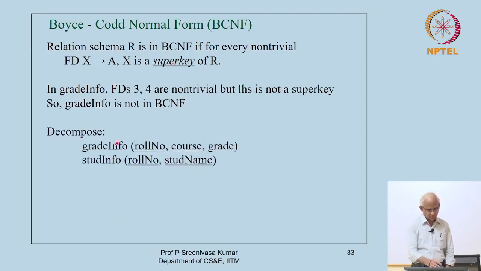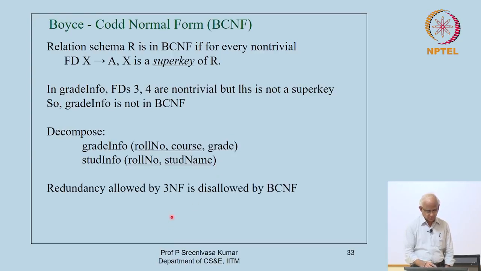and so we decompose the relation and get grade info: roll number, course, grade; and student info: roll number, student name. In this, both of them are keys. The roll number is a key, student name also is a key. There are assumptions. Okay. Now this is in third normal form, and this is also in third. So Boyce-Codd normal form further removes redundancies,